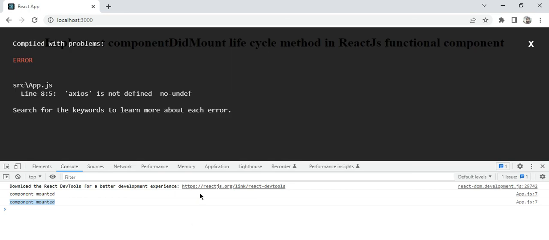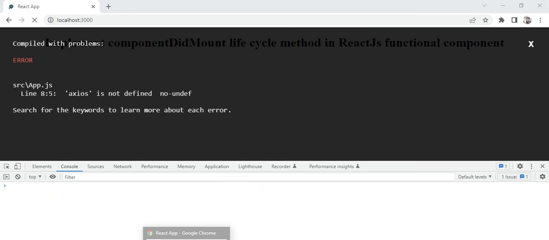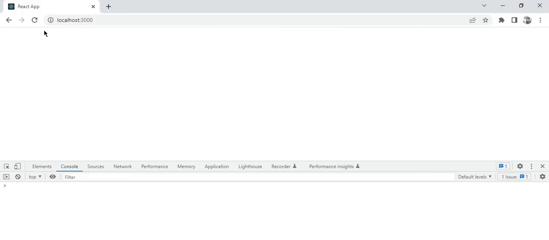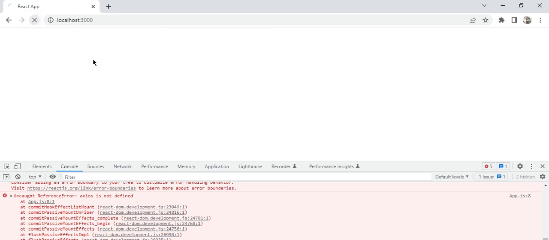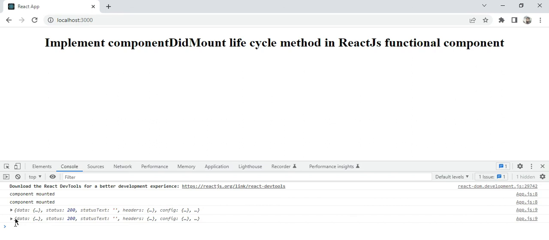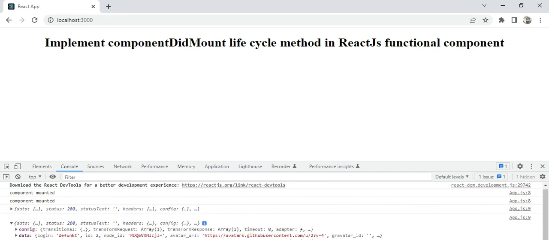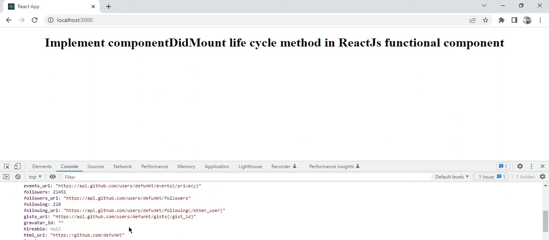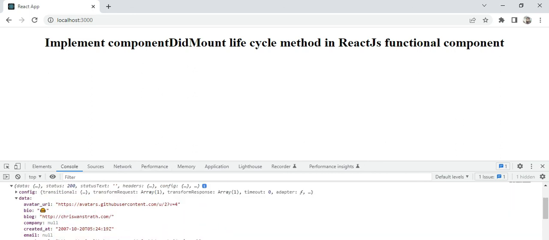If you see, if I try to refresh, I need to import Axios from Axios. Let me try to refresh. Okay, if you see, I can see this data. I got that response from the backend whenever my component is mounting. At that time I'm getting this data, one of the users. So this is how we can implement the componentDidMount